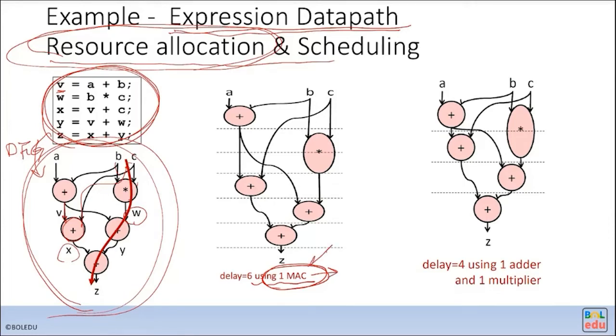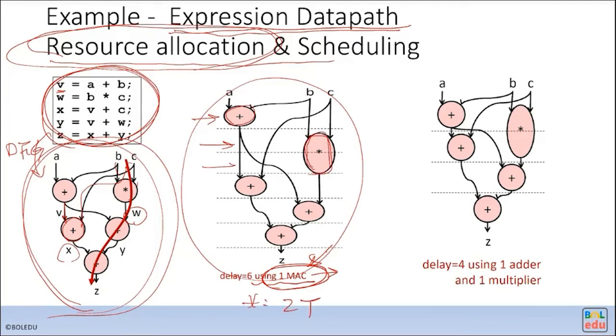With this resource allocation, you decide the scheduling like this. That means in the first cycle I can do the add, and then the second and third cycles I do the multiplication, because the multiplier is a 2-cycle operator, taking 2 cycles. Then I put this in the fourth, fifth and sixth cycles. So it takes 6 cycles